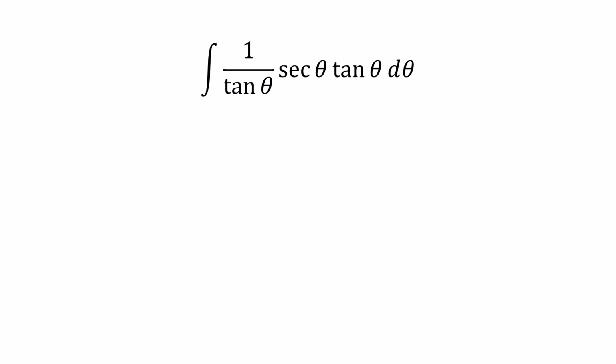Simplifying gives the integral of secant of theta d theta, multiplying the numerator and denominator by secant of theta plus tangent of theta, then gives